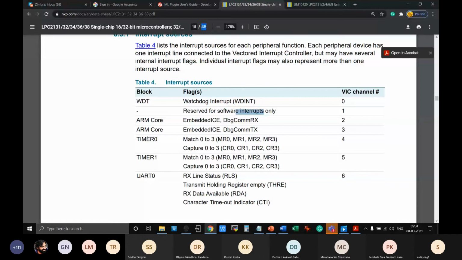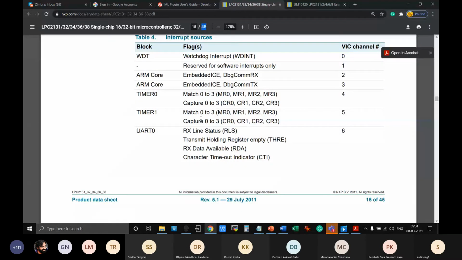The timer again has one of the higher priorities, or lower numbers, in this VIC channel, because timers are important. If you lose time, you may end up in a very disastrous situation, because microcontrollers can be used even for life-saving equipment like medical equipment, industrial safety monitoring or other purposes, where timers also play a very important role. Then after timing, the communication part comes into the picture, which basically means UART. Now, each of these timers or UARTs has different sub levels of interrupts.